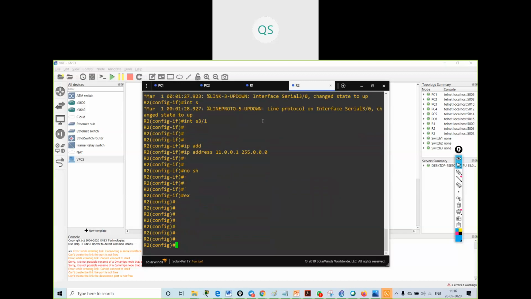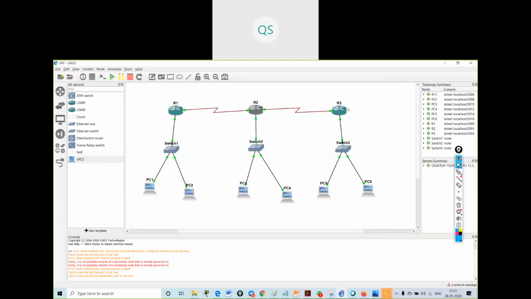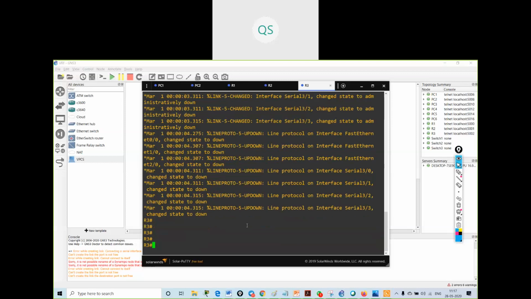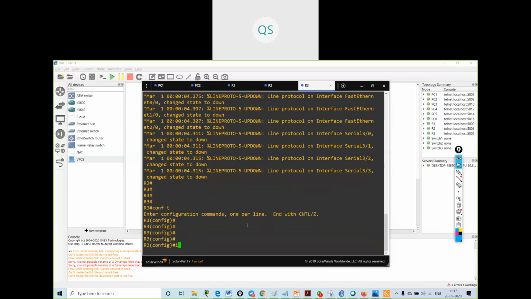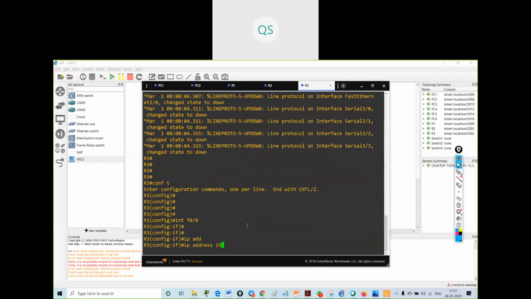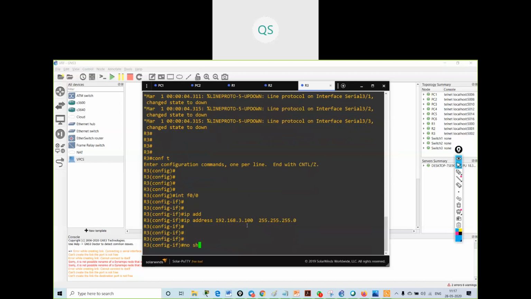Okay, take the console of this router. Interface fast Ethernet 0/0, IP address 192.168.3.100 255.255.255.0, no shut.